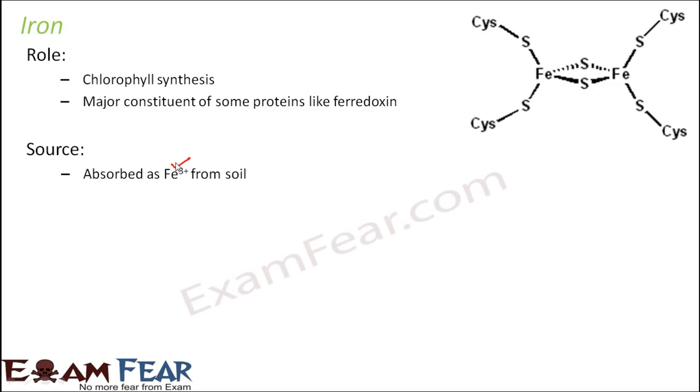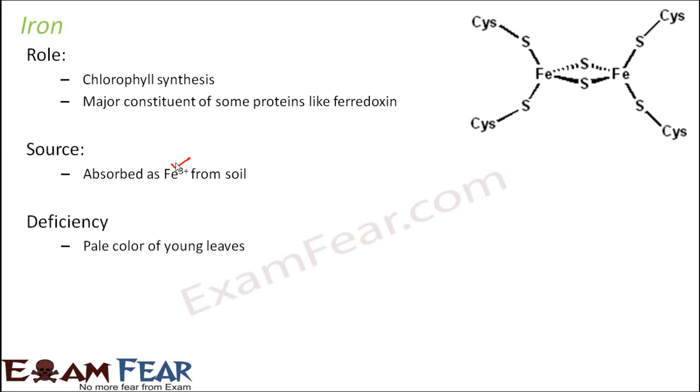Now sometimes it happens that the soil is very alkaline, that is, it is very basic in nature. In that case, iron is quite abundant in the soil, but it is not available to the plant. So we can say that iron is abundant but unavailable. At that time, if an acid nutrient formula with iron chelate is applied, that solves the problem so that the iron becomes available to the plant.